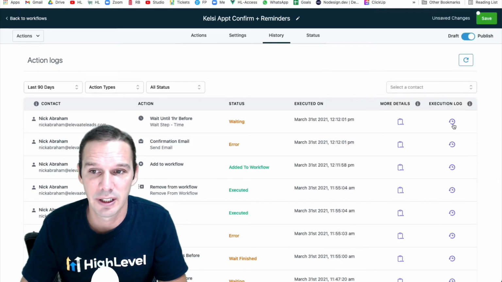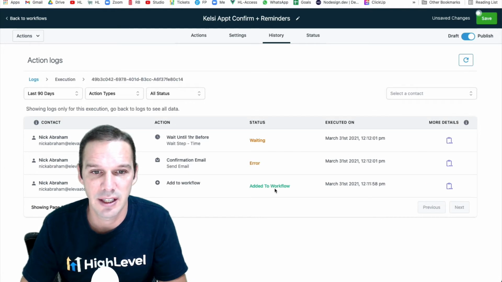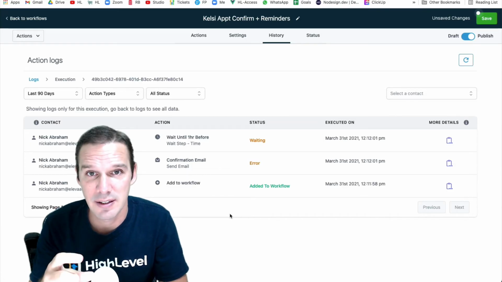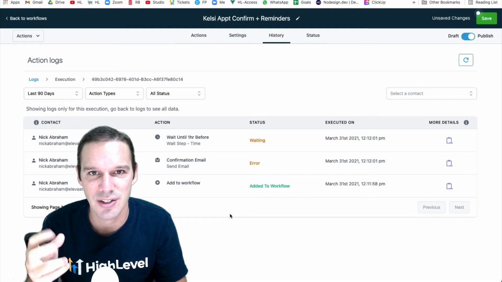Again, you can also click on the execution log icon, and if you do that, it'll take you to all of the events that have fired for that specific contact since they've been added to the workflow. Now remember, one person, if you have allow multiple, could be added to a workflow more than once. So when you click on this execution log, you're only seeing the events relative to that session, if you will,